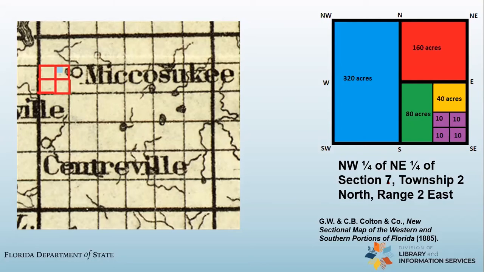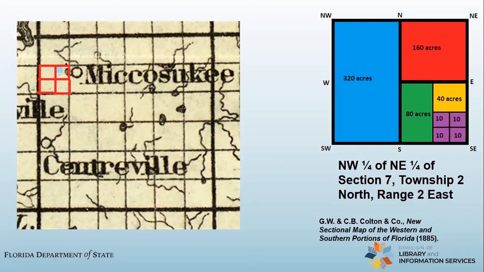Again, this will get far less confusing if you work backwards. We've been working backwards so far to get to this. Let's keep doing that. So I've drawn a little grid up here. This is a little hand-drawn grid of Section 7, right here next to Miccosukee. This is Section 7. And I know that I need to be looking in the northeast quarter of that section, okay? And remember, because all these sections are divided up into squares here, this is all going to be very logical and easy to find.